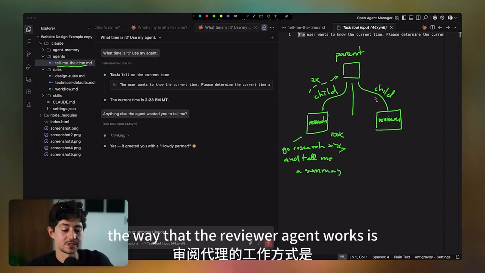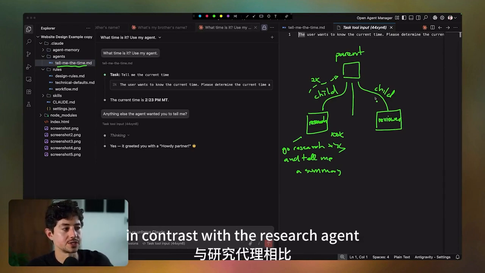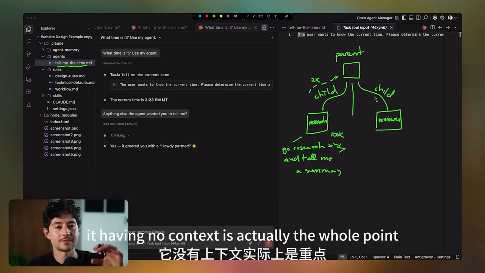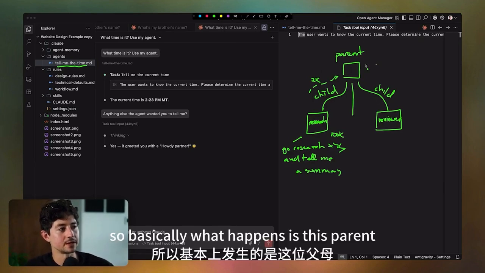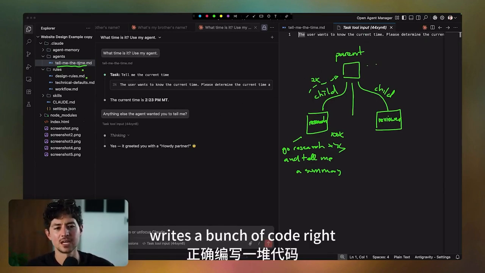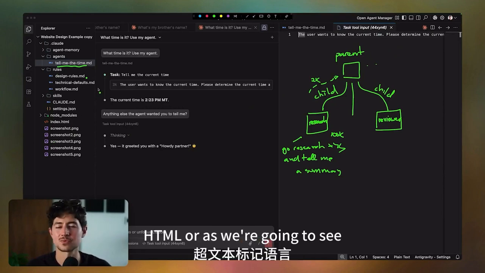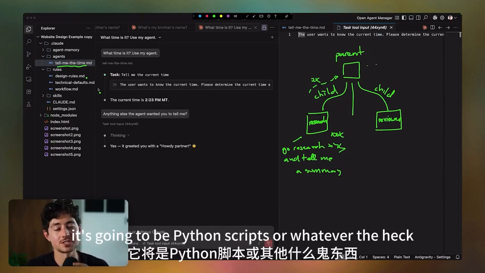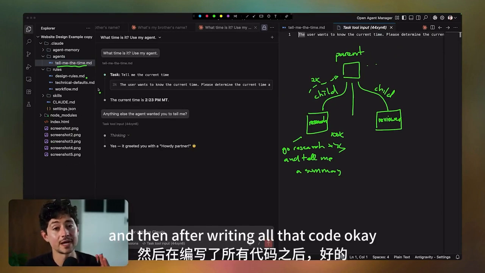The way that the reviewer agent works is, in contrast with the research agent, it having no context is actually the whole point. So basically what happens is this parent writes a bunch of code, right? It's like your index.html, or as we're going to see, it's going to be Python scripts or whatever the heck. It's just going to do a bunch of code for you. And then after writing all that code,